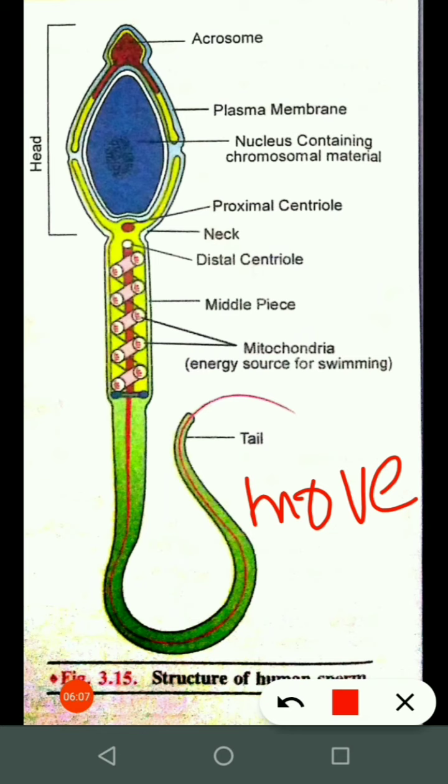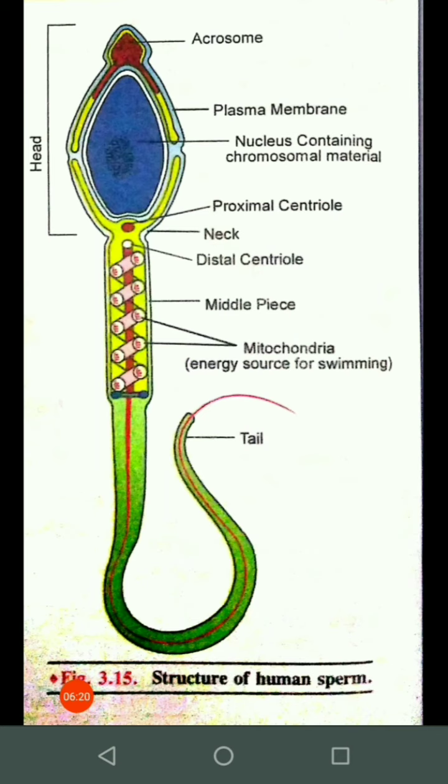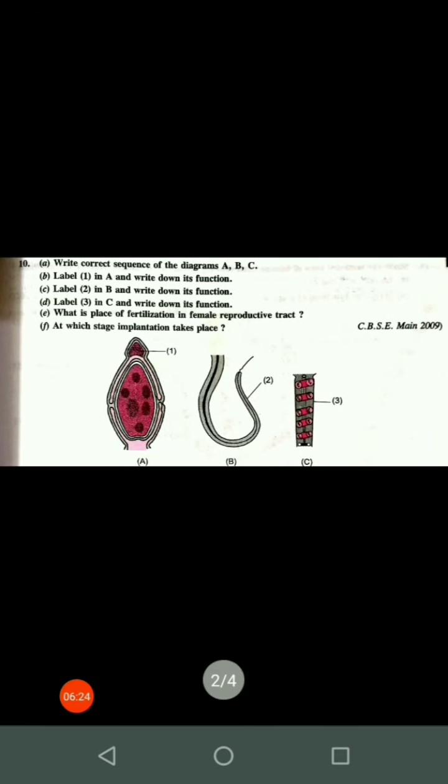Okay, so this is the whole structure of sperm, and let's go for the next structure, that is the structure of ova. Okay, let's have a look at it. Oh sorry, before going for the ovum structure, let's have a look at a question related to sperm, as to what kind of question comes in your exams. So this is one type of question.